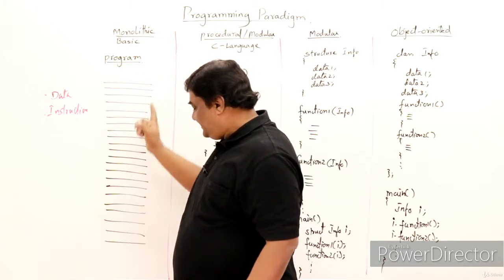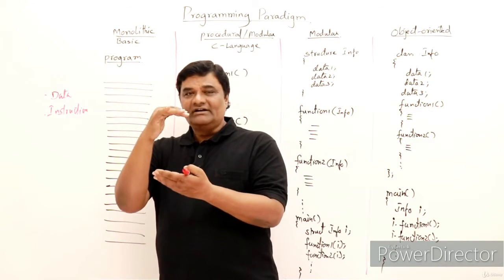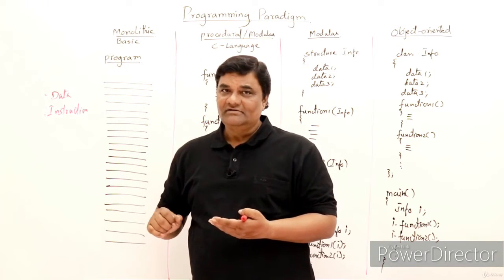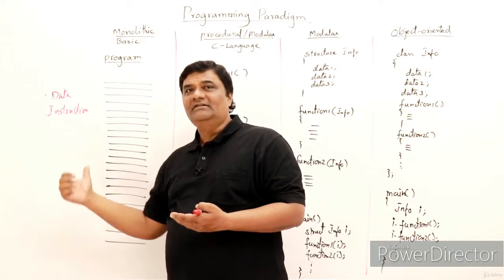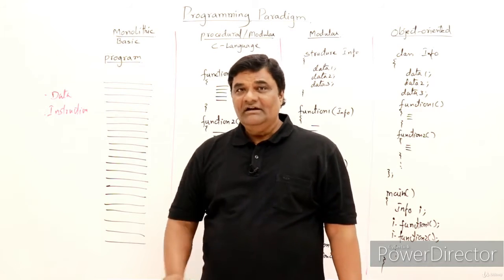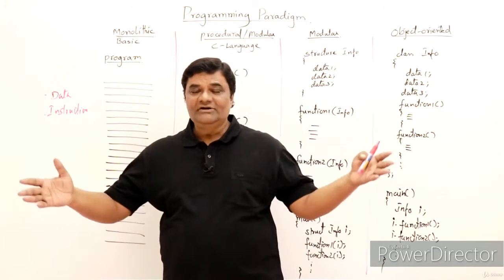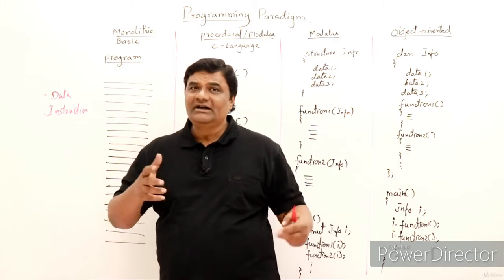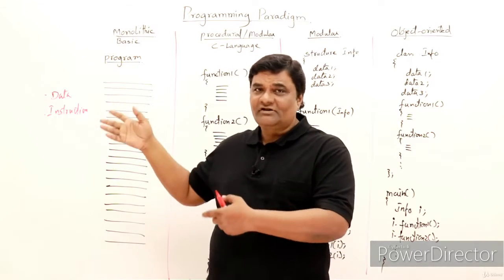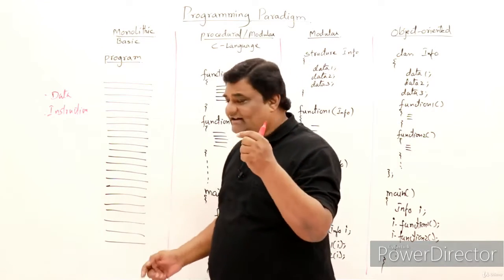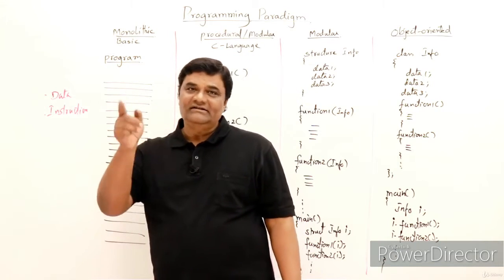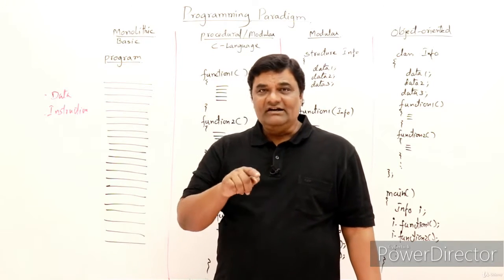If everything has to be in a single body, it is just like a one-man show. A single person has to do everything, right? How many programmers can write this program together? Only one. The length of a program can keep growing, and if it grows more and more, it becomes difficult for a programmer to finish it. If it is very lengthy, it may take weeks or months of development. And if there is a single error in one line, then the whole program is useless. If you remove that line, then the program is correct. That's how the dependency is.